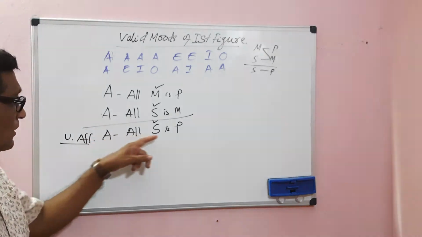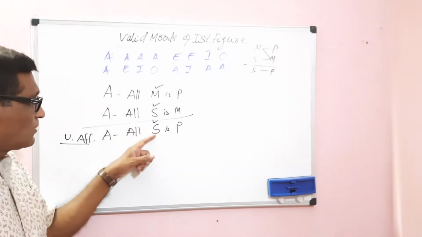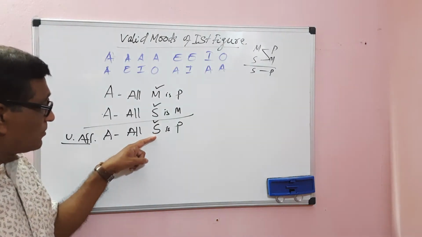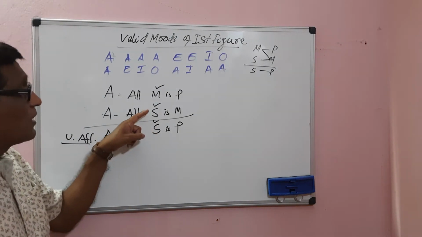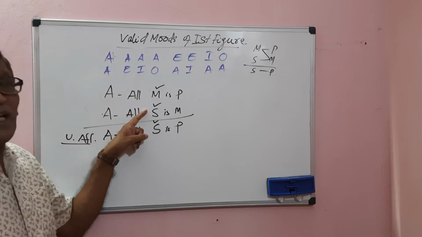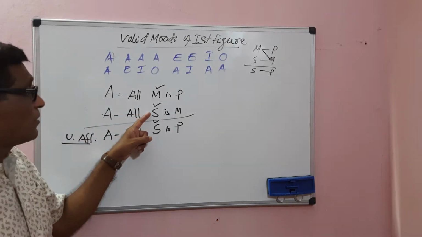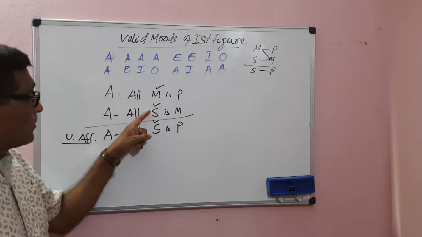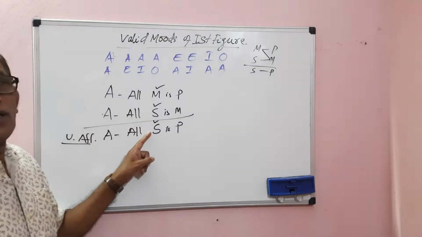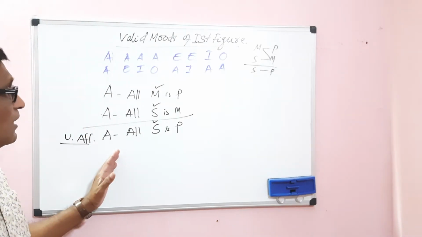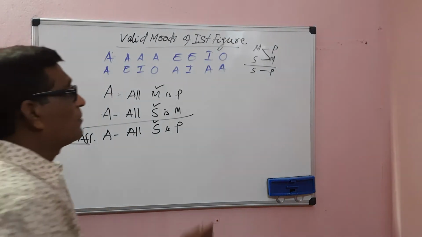Then we have to go to the conclusion. In the conclusion, only the subject term is distributed. Subject term means the minor term. The minor term is distributed in the conclusion, so it must be distributed in the minor premise. It is already distributed there, as the minor premise distributes its subject. The minor term is distributed in the minor premise, and it is also distributed in the conclusion. There is no fallacy of illicit minor. Therefore, it is a valid mood in the first figure. Its name is Barbara.